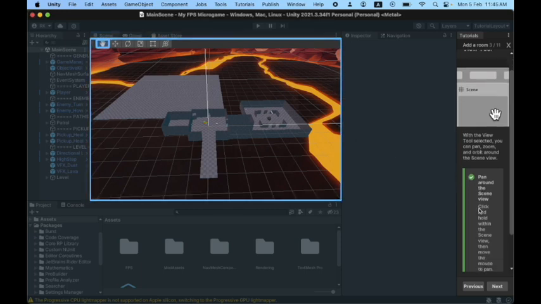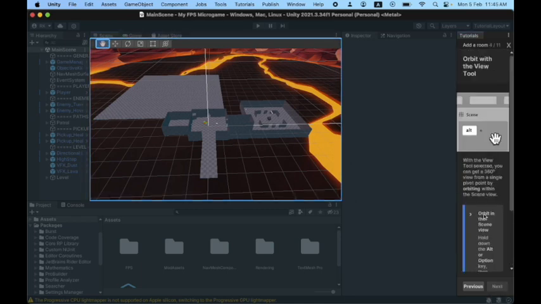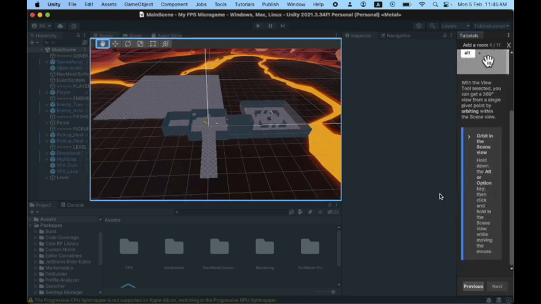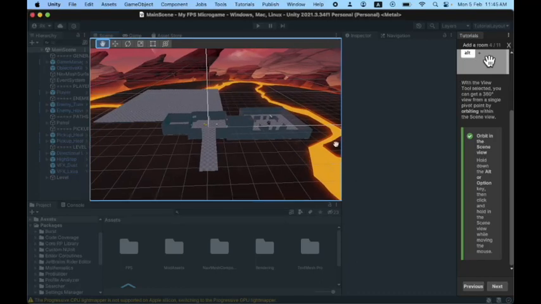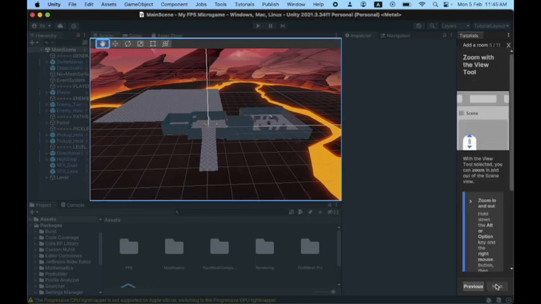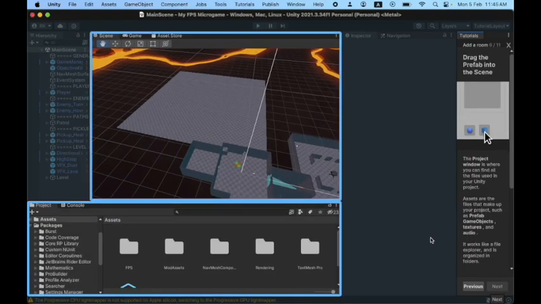So now let us, yeah, whatever we discussed, same thing it is saying. If you want to orbit around the scene, click Alt in Windows or Option on Mac and drag. It wants us to do it again, otherwise it won't let us move to the next step. Okay, yeah, done. And zooming, simple scrolling. Okay, so that also we discussed. And now